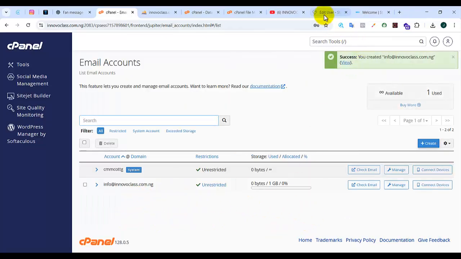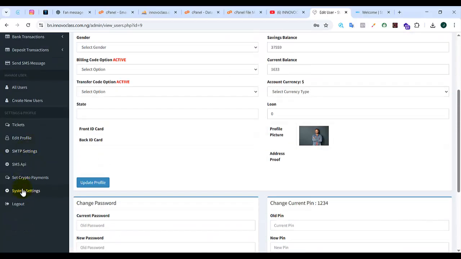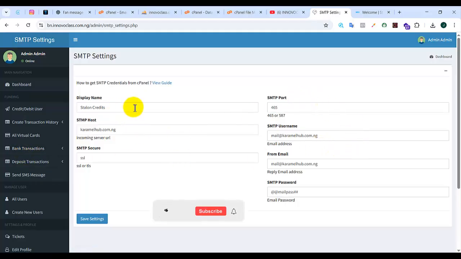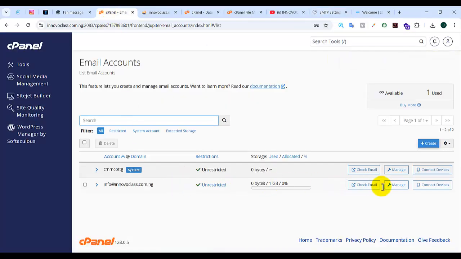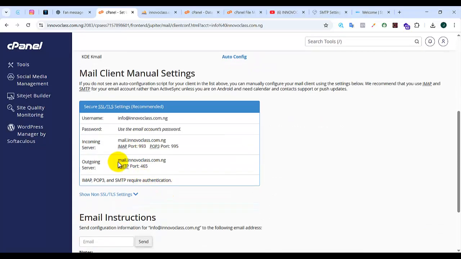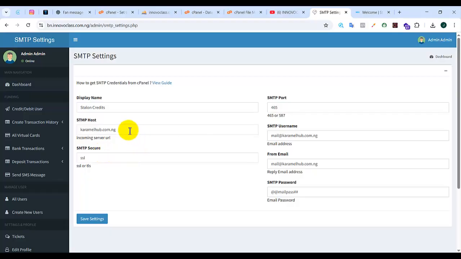Now, after creating your email, what we're going to do is go down here and set up our SMTP. Now you get to see that the name of the website that is going to display is here. Now we're going to connect our SMTP to this website. What we're going to do here is click on connect devices, scroll down to outgoing, copy this, paste it on this SMTP host,